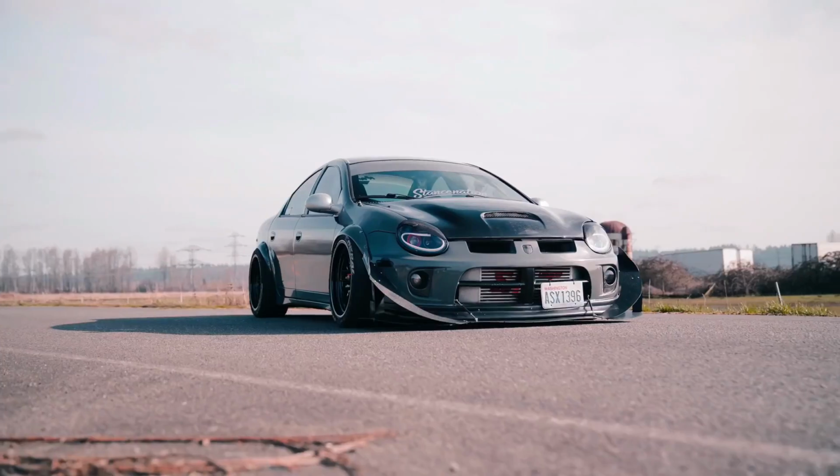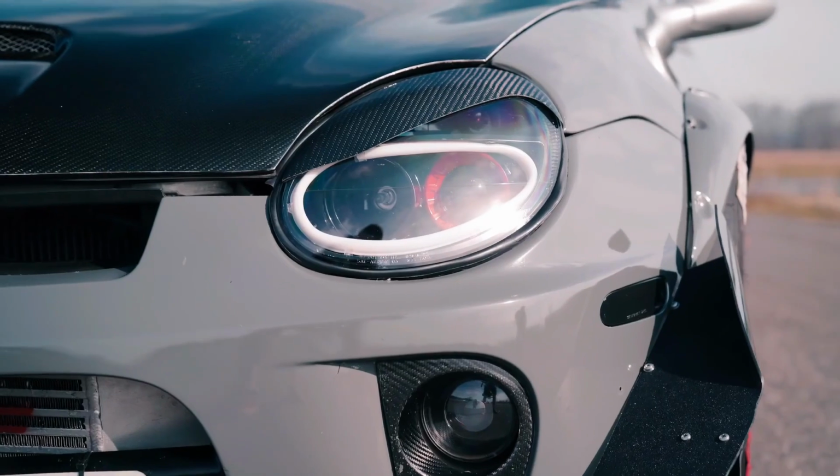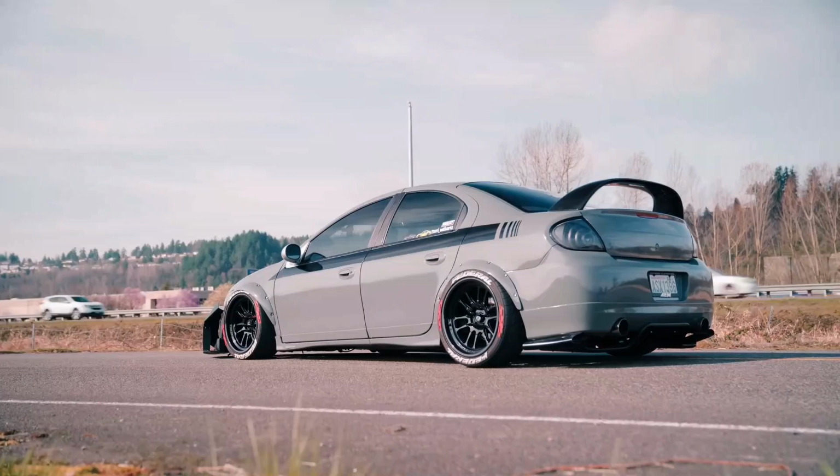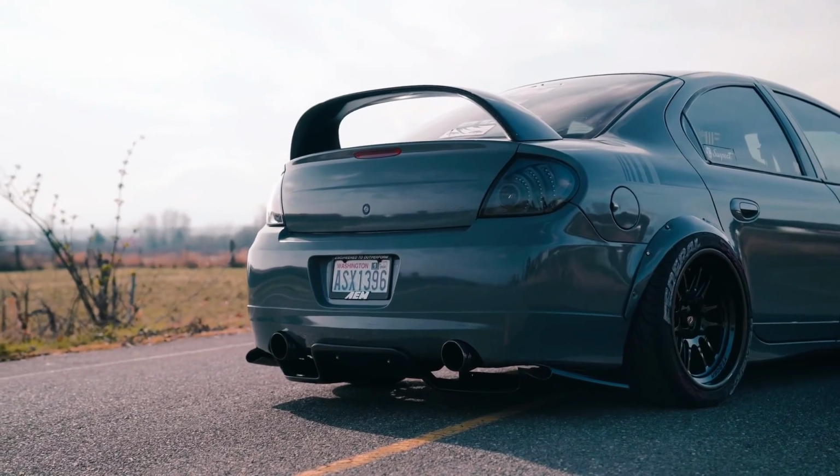See, to me, the Dodge Neon isn't the best car out there. To most people, I would say the Dodge Neon isn't the best car out there. Hell, I didn't even pick the Dodge Neon as my first car in Need for Speed Underground, but it did something that the world just did not see coming. It created an actually cool tuner car that Japanese tuners and American muscle guys can both get behind, and it